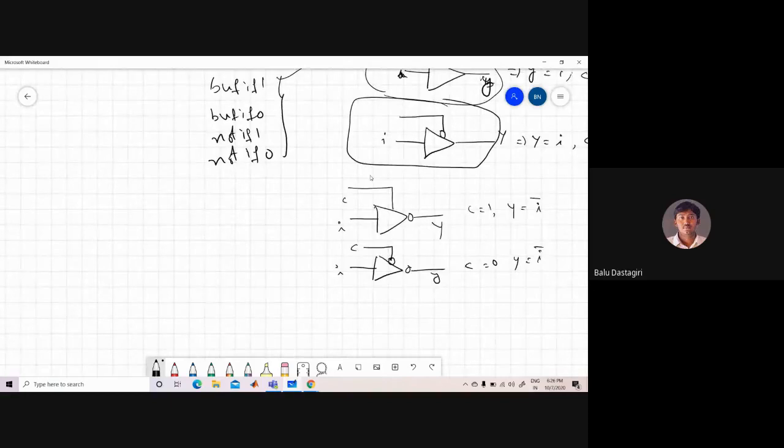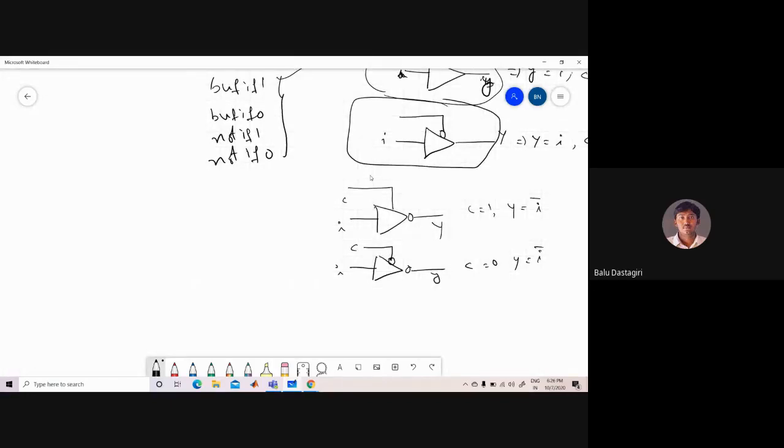Now let us see how you can give delays for the tri-state gates. For example, take the buff if 1 gate. Here we have to give the label name. For example, buff if 1 hash (1, 2, 3) G1, where the output is Y, the input is I, and the conditional input is C. This is how you have to define it. The first terminal in the buff if 1 declaration is the output, the second is the input you are giving, and the third is the conditional input.